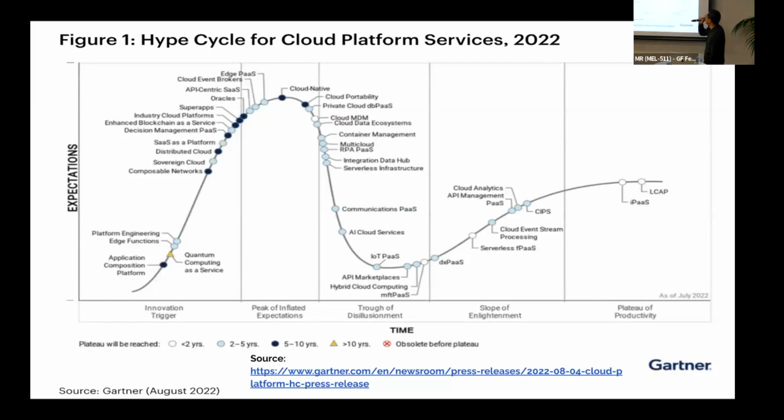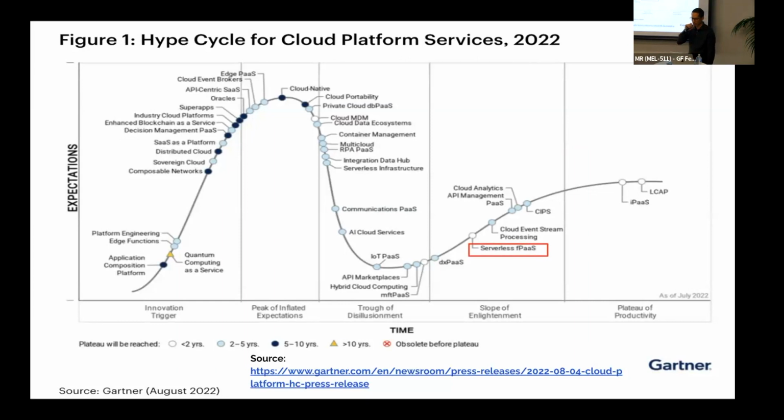This is the hype cycle from Gartner, 2022. From here, you can kind of see that it is time to adopt serverless function platform as a service. It says plateau will be reached within 2 to 5 years, well, less than 2 years for the white one. So serverless functions platform as a service, I think it's a pretty good time to use it.